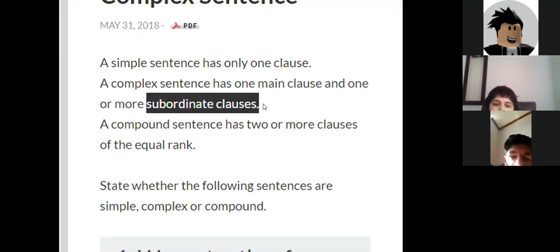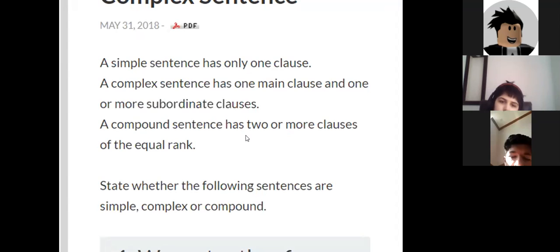Remember, subordinate clauses always depend on the main clause to complete their meaning. On their own, subordinate clauses are incomplete. They need the main clause to complete their meaning. And we have already done clauses as well.